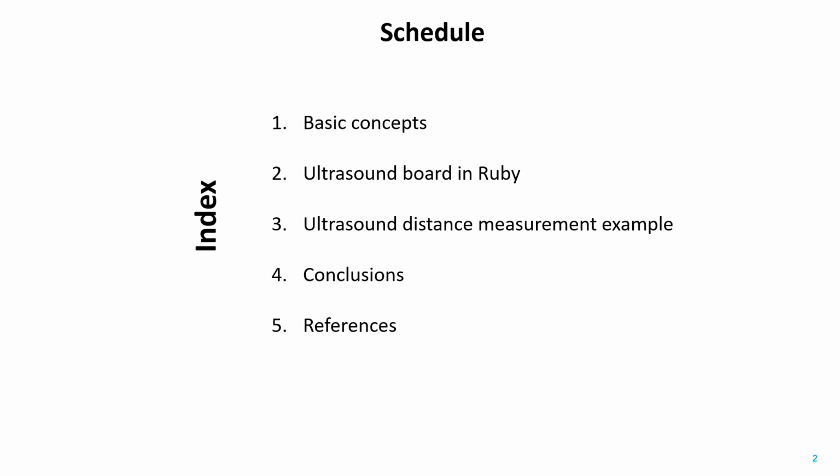This lecture is structured as follows. First, we will review the objectives and key concepts of ultrasound. Next, we will discuss the nature of sound waves, their properties in air, and what ultrasound actually is. We will then analyze the ultrasound module, covering its transmitter, receiver, and the methodology to compute distance. Finally, we will review an example application, code breakdown, and conclude with key findings and references.